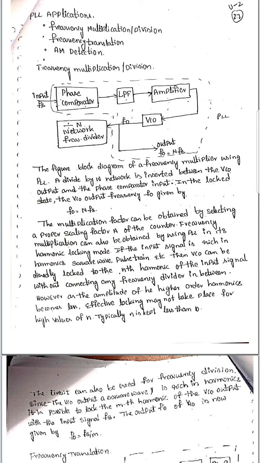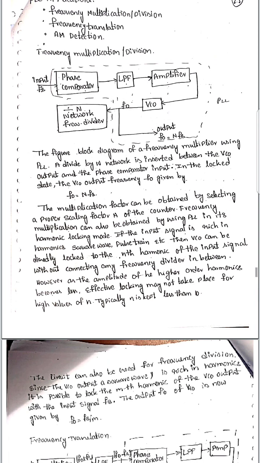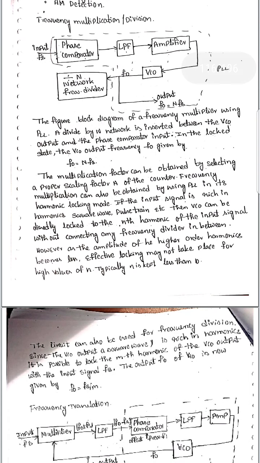In the locked state, the VCO output frequency F0 is given by F0 is equal to N times Fs. The multiplication factor can be obtained by selecting a proper scaling factor N of the counter. Frequency multiplication can also be obtained by using the PLL in its harmonic locking mode. If the input signal is rich in harmonics, such as a square wave, pulse train, etc., then the VCO can be directly locked to the nth harmonic of the input signal without connecting any frequency divider in between. However, the amplitude of the higher order harmonics